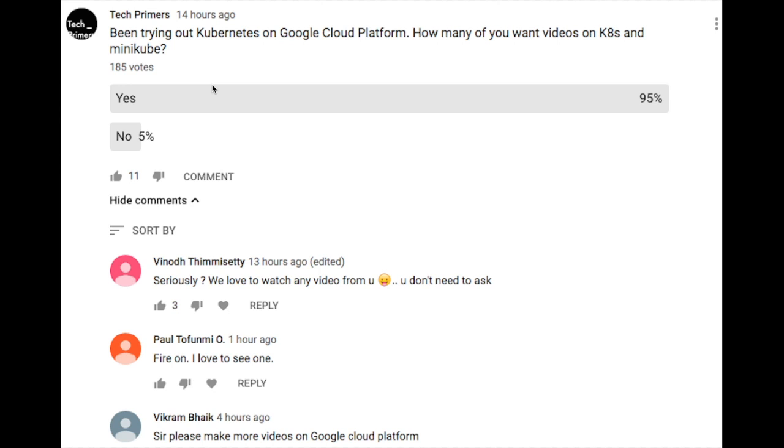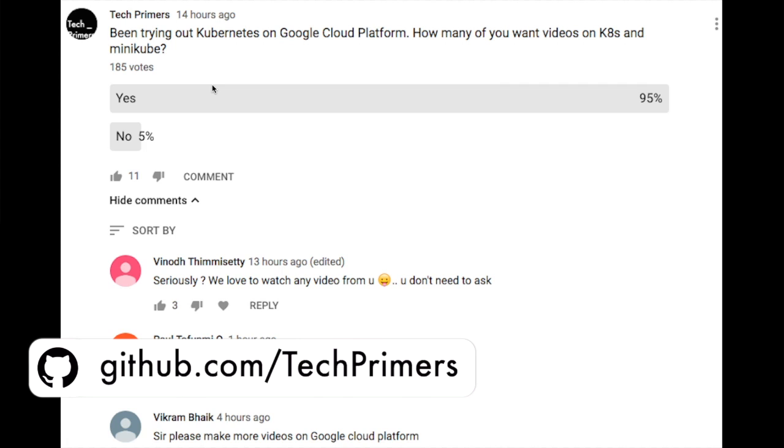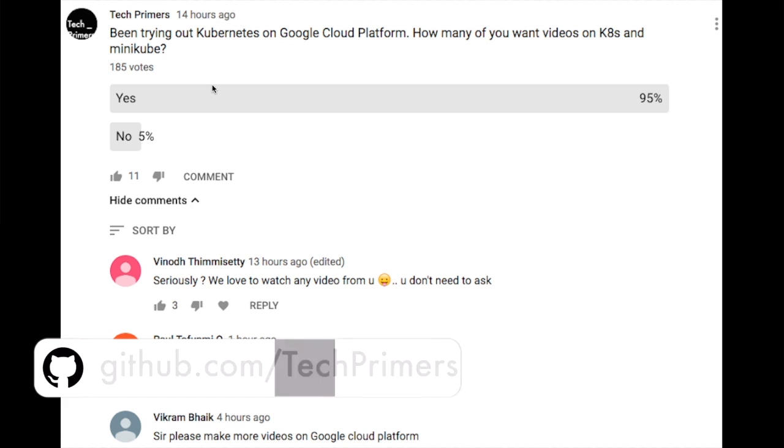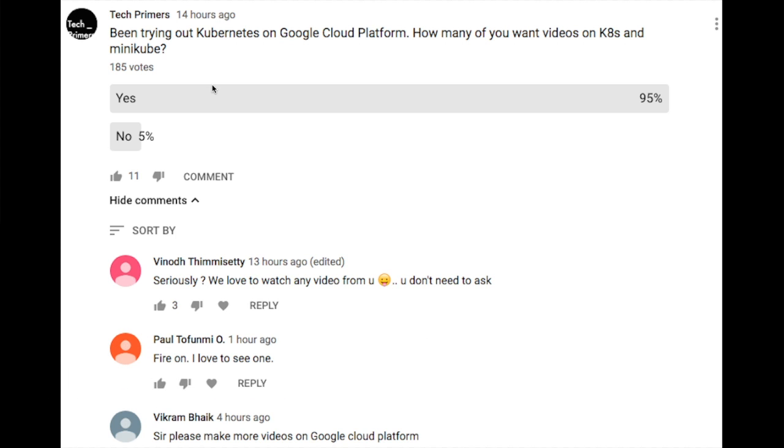As a part of this particular video, we will be looking at the Kubernetes architecture. How does the Kubernetes architecture inside a cluster look like? And in the future videos, we will be seeing how you can use the Kubernetes cluster inside the Google Cloud Platform and how we can leverage the free tiers inside the Google Cloud Platform to create and deploy applications inside GCP. Let's get started.